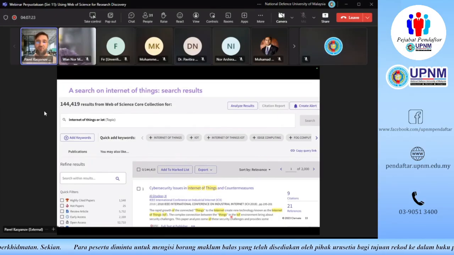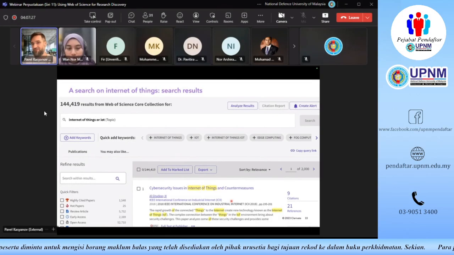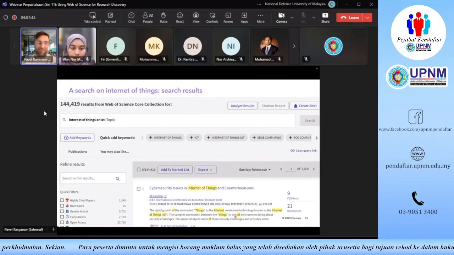It might as well mean that it has quite a short abstract and a short title, but as you can see, it's highlighting whatever terms we were searching. So it shows us that it really features the word Internet of Things, IoT, etc. a lot of times. So that is really a relevant search result.